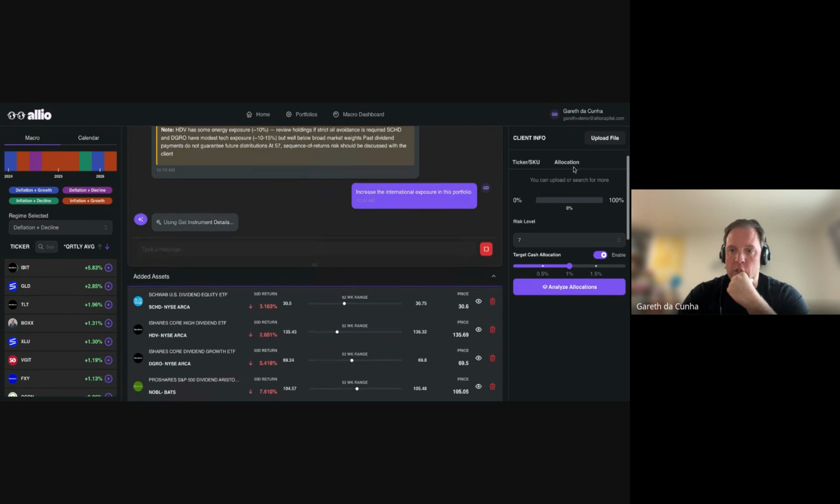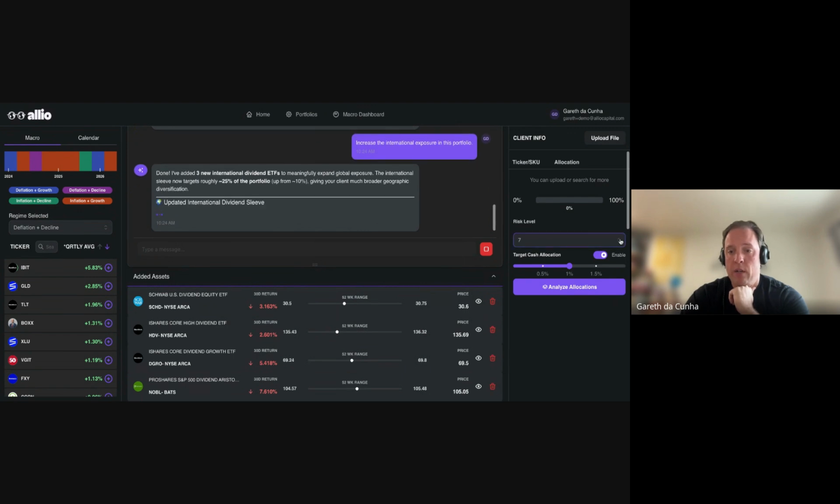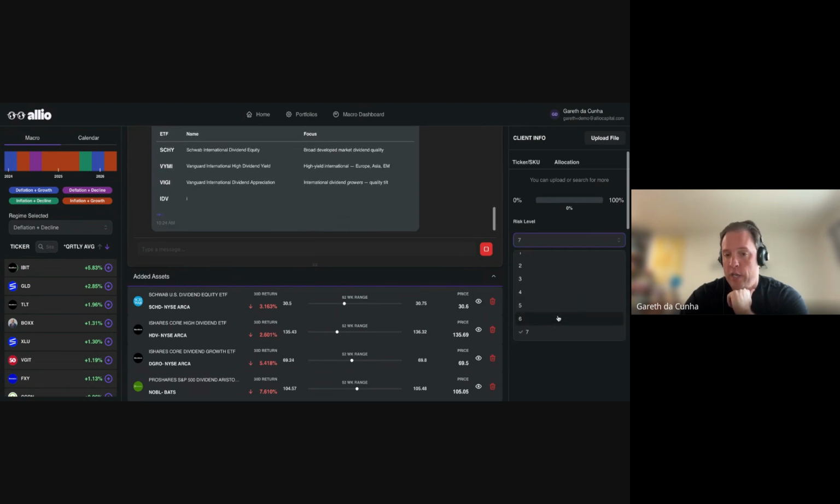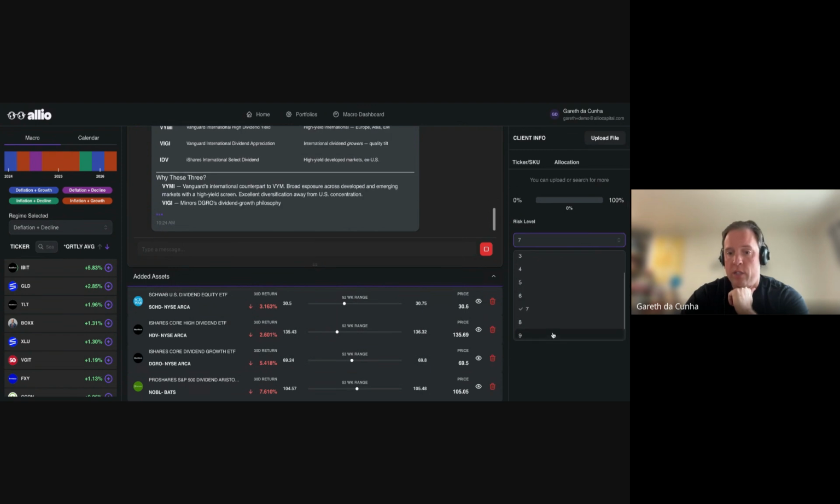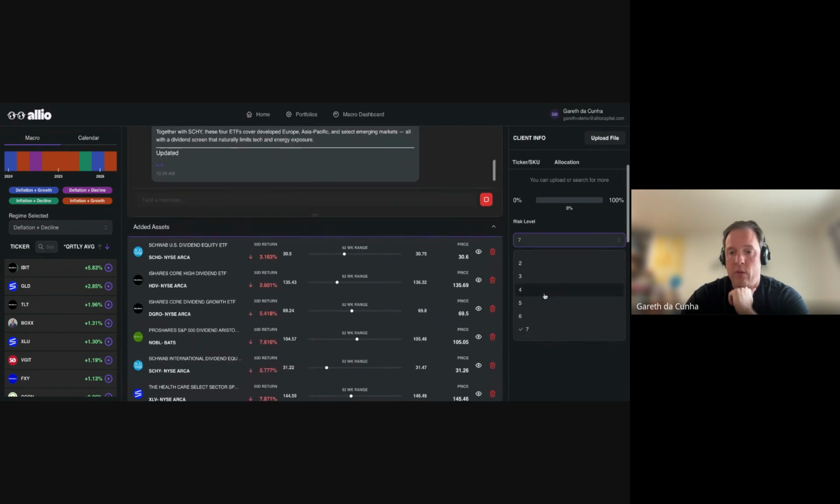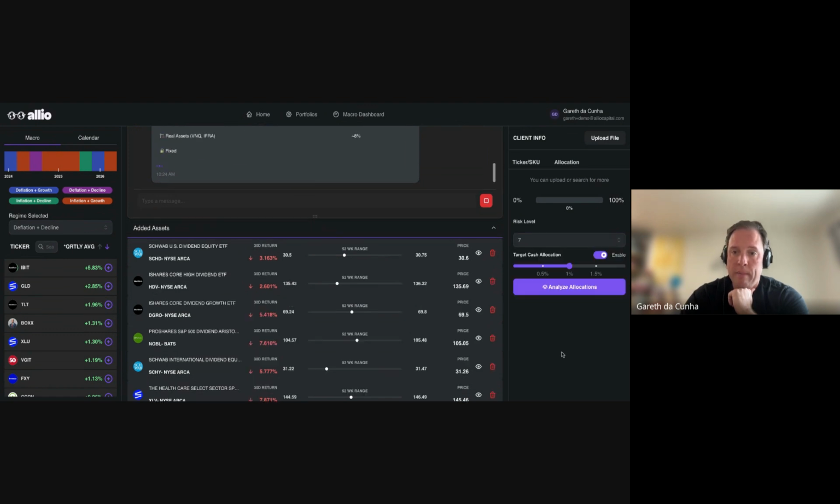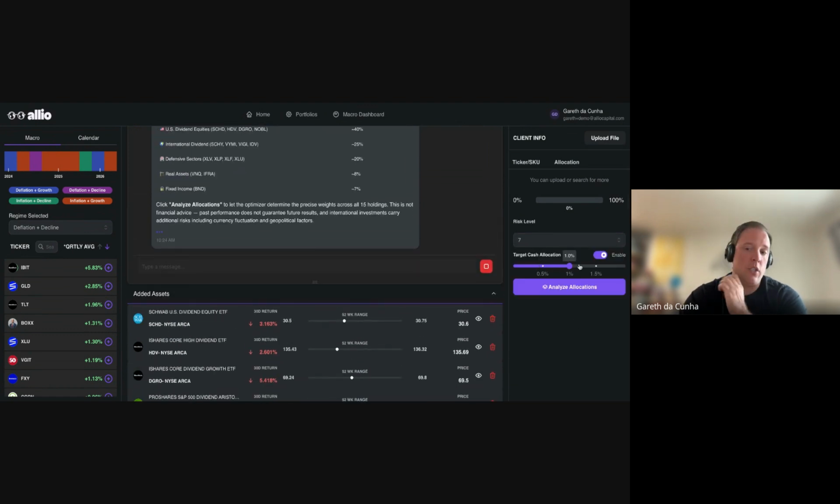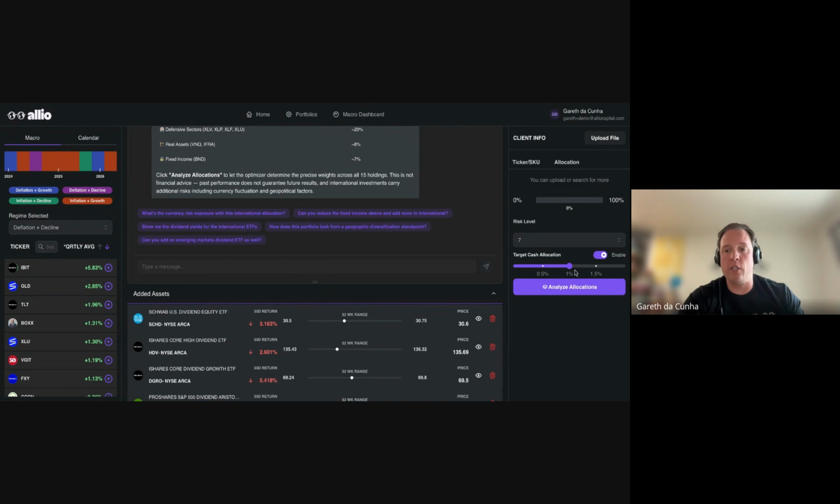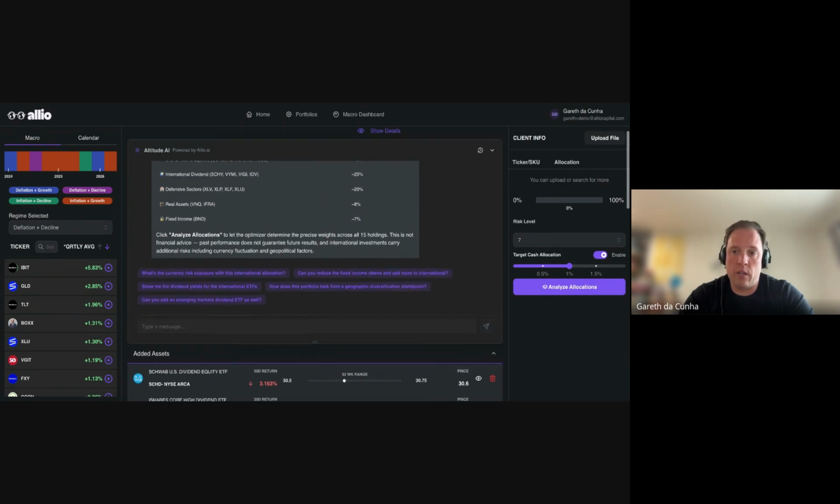While it's thinking, I'm going to show off what's going on here on the right-hand side because we already talked about the left-hand side. You can see that the risk allocation was automatically populated. If not, I can just drill into this drop down and change it to a higher risk, 7 out of 10 or 10 out of 10, or a lower risk, 2 or 3 out of 10. You can change your target cash allocation. Most of us are in the 1 to 2% range for cash allocation. You can up it or down it as you'd like, or you can turn it off entirely with this enable